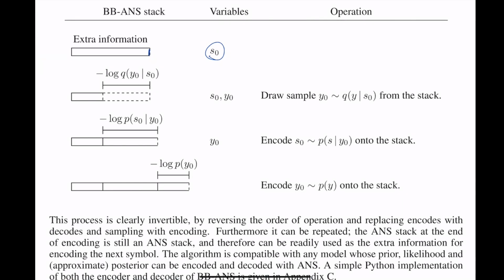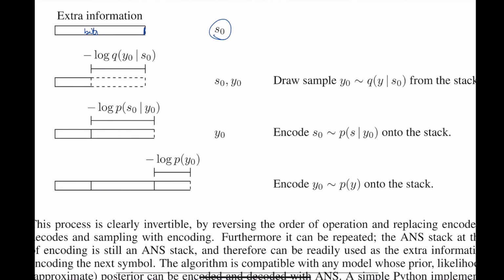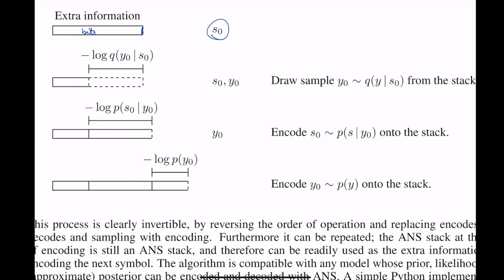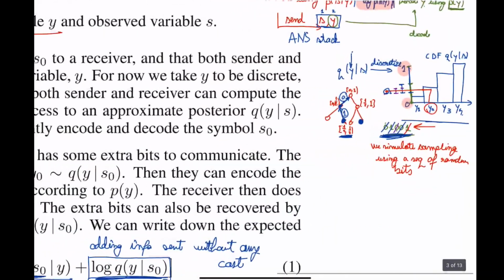The first thing is that we haven't yet sent this information. It's still on the sender to send it, to encode it. This represents a sequence of bits. These are bits. We think of them as being random bits. Now, we take some of these random bits. We take exactly this many bits, and we use them together with the mechanism that we explained here